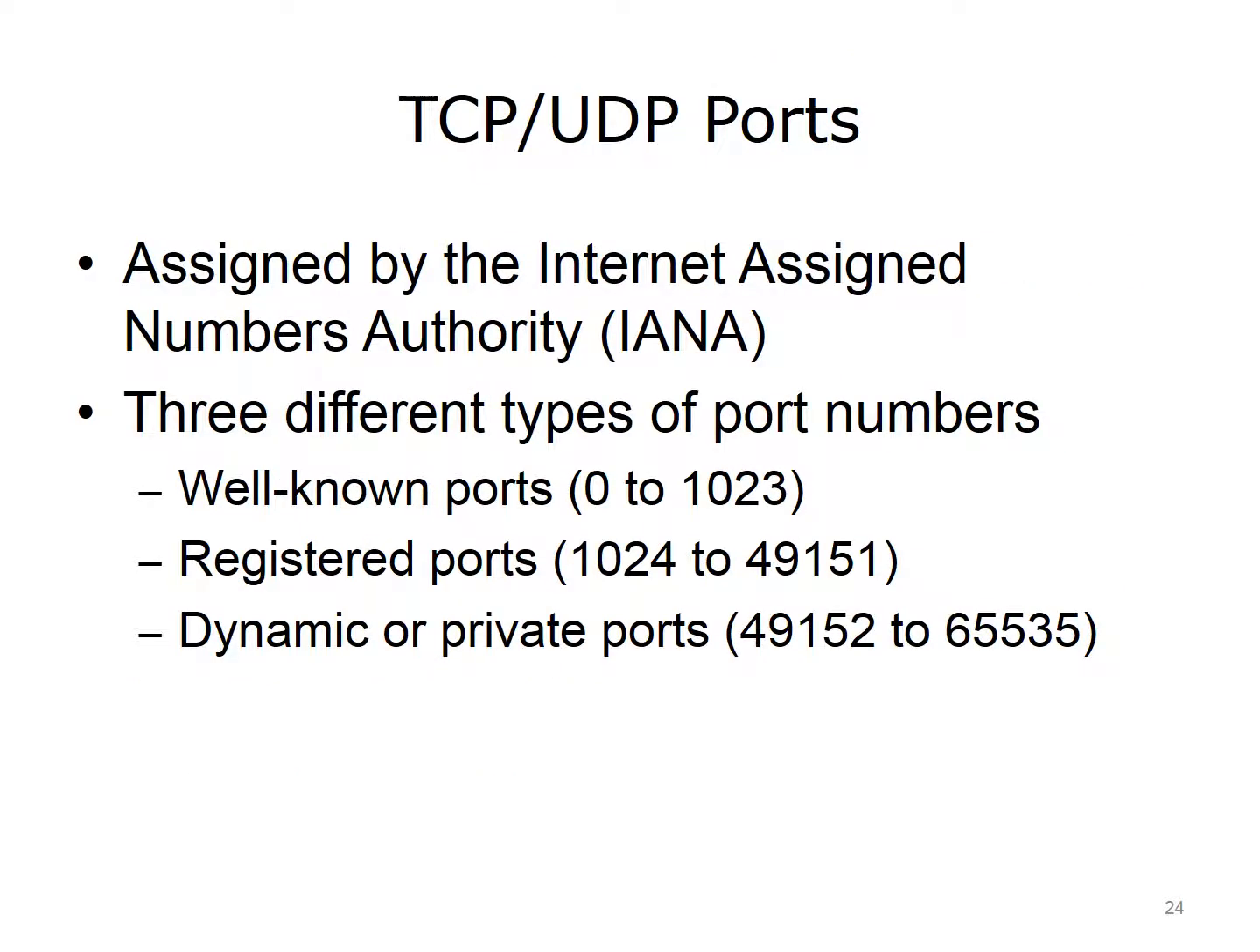Applications and application layer services are identified by port numbers on a specific device. Some use TCP and others use UDP. Some can use either based on the implementation. The Internet Assigned Numbers Authority, IANA, assigns the port numbers. There are 3 different types of port numbers: well-known ports 0 to 1023, registered ports 1024 to